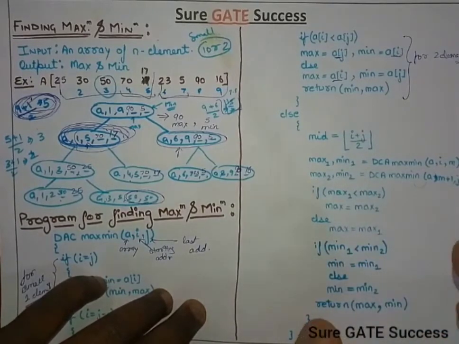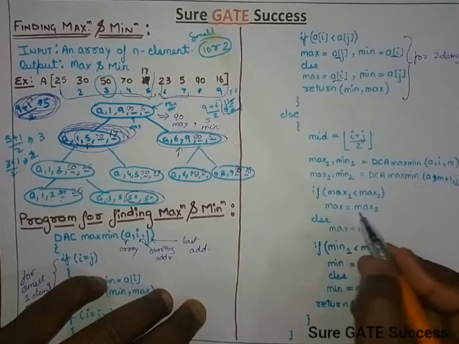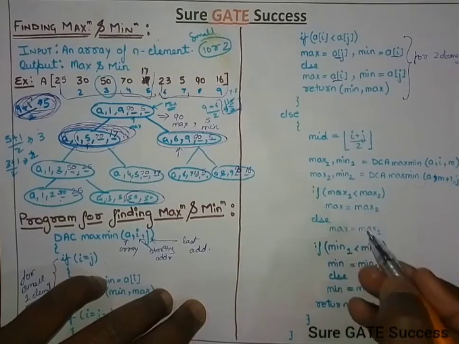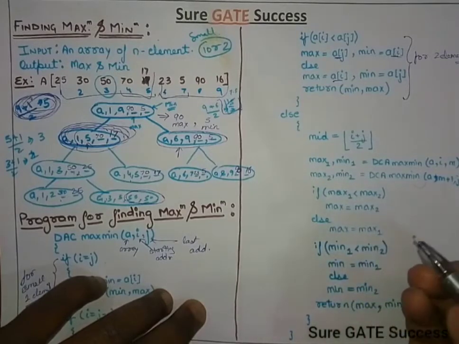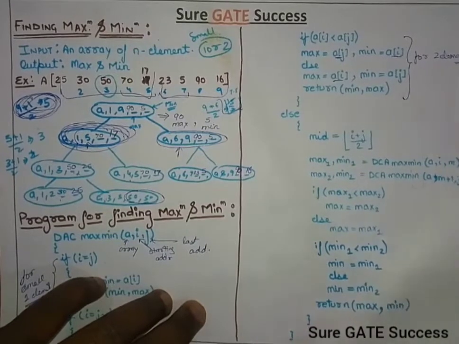So now we have to find out, using these, which is the minimum and which is the maximum. Just compare and place the maximum. If it is not so, then this will be the else. Similarly, we have to compare for the minimum one. If the first one is minimum, then place it as minimum, and if the second one is minimum, place it as minimum, and return the maximum and minimum, so that we have a complete answer. In this similar way we can have a solution.